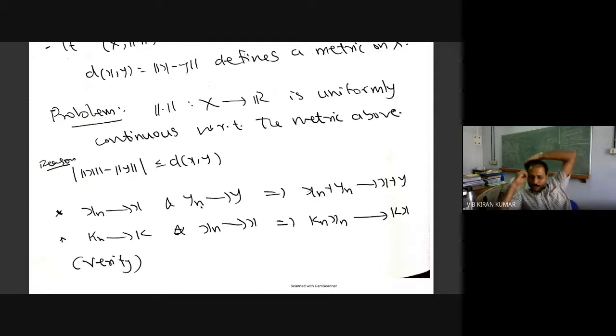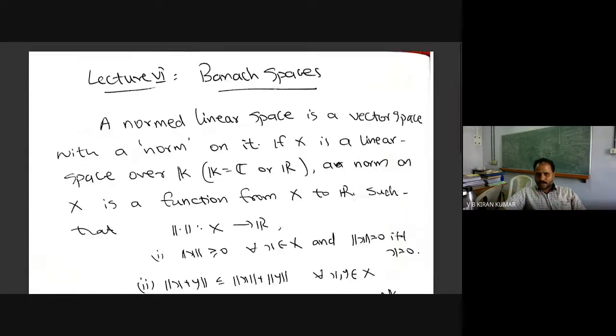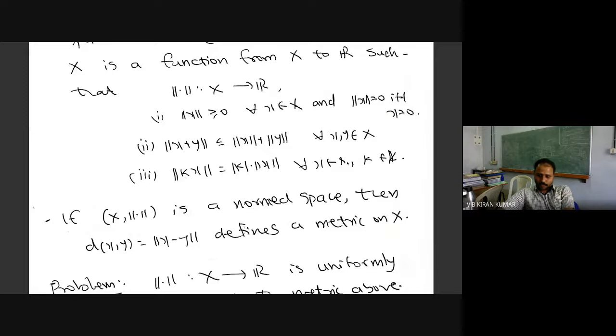So what does it tell you? It tells you that the vector space operations, addition and scalar multiplication, are continuous operations here. This gives you the interplay between the algebraic operations on the space and the topological nature. Now your space has two types of structures: one is the algebraic structure and the other is the topological or analytical structure. Here this gives you the interplay between them. So all of you are clear about what is a normed space. I am going to deal with examples now. Any questions regarding this?